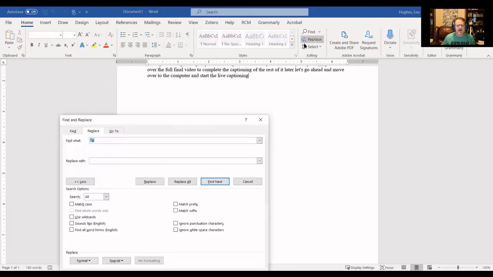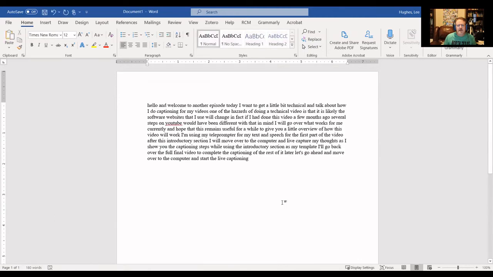So to save me some time later, I just go in and do another search and replace, where actually I have that backwards. I'm going to take all the little i's and replace them with capital I's, making sure I get rid of that extra space I had earlier. I'm going to make sure I find whole words only, and do a quick replace all and close. And now all my I's are capitalized. So that's just one little thing that's a fast way of fixing that part.